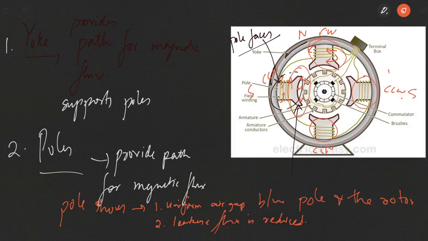So if we look at the rotor, it's a circular structure with slots and teeth. Fine. So these are the slots, and these are the teeth of the DC machine. And the windings, these dots here actually represent the windings